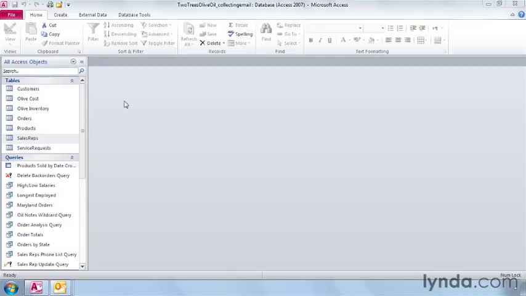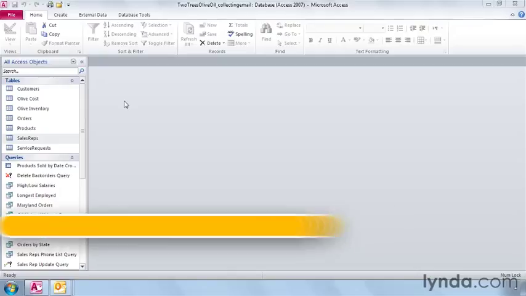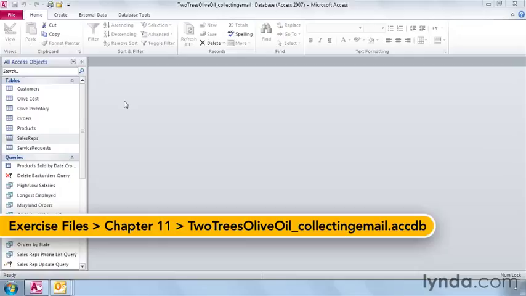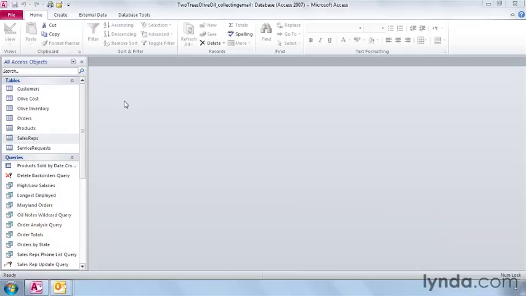If you'd like to have your customers fill in their own information for your database, you can send them an interactive email that will automatically update the records. It doesn't matter what kind of email program they have. For example, let's say we want all of our sales reps to verify that we have the correct contact info